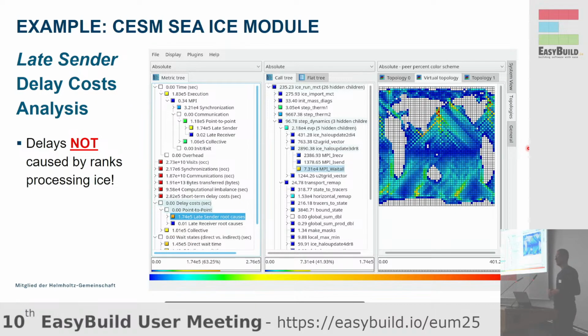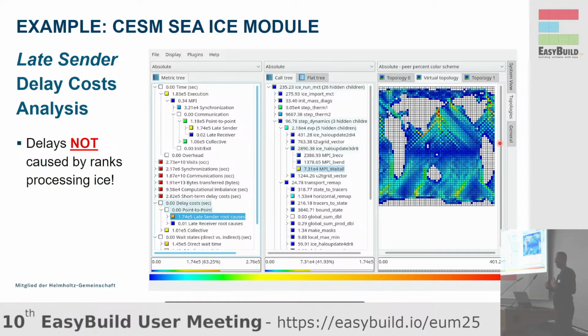However, when we look at the delay costs, so where do these wait states come from, they are not necessarily caused by the ranks processing the ice. That was an interesting result that really surprised us and also the developers of the code: the late sender delay analysis identified a region here. What is it? Yeah, a little bit north of Japan or something,